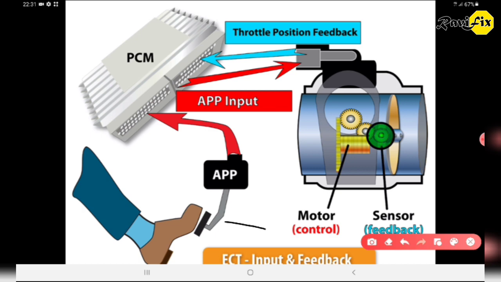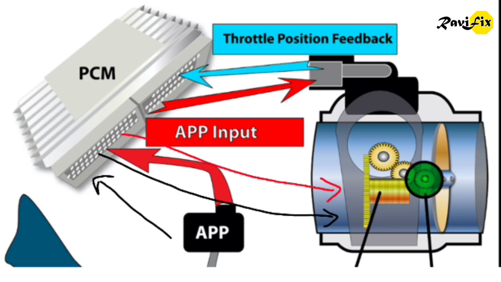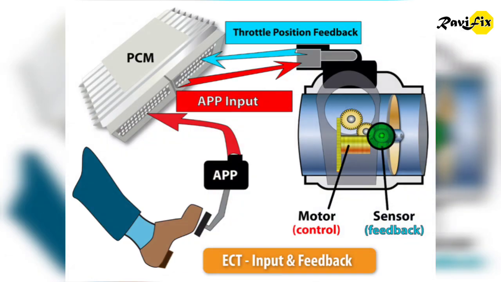When we push the accelerator pedal, the APP sensor captures its position and sends the input data to the ECM. Then the throttle actuator controller drivers in the ECM send power and ground to the throttle motor as a duty cycle to activate the motor to open and close the throttle plate as required. In this system, the PCM switches power and ground in a reverse polarity method to open or close the throttle by controlling the throttle actuator motor. So when we have a P2101 fault code, we have to troubleshoot all inputs and outputs to find the exact component which makes this trouble.